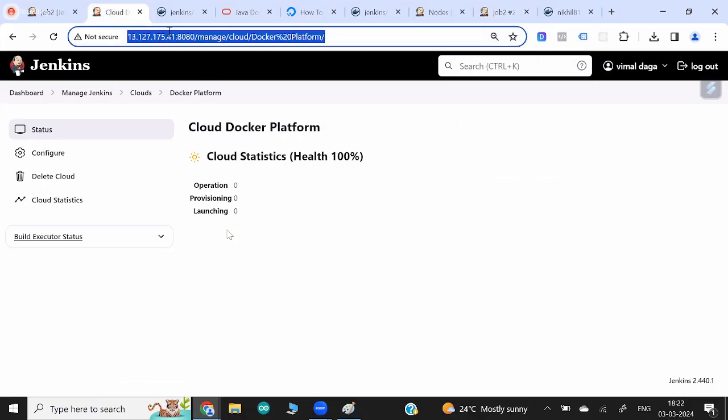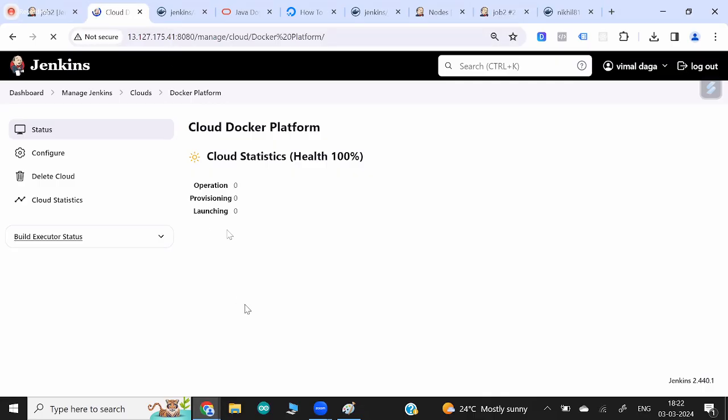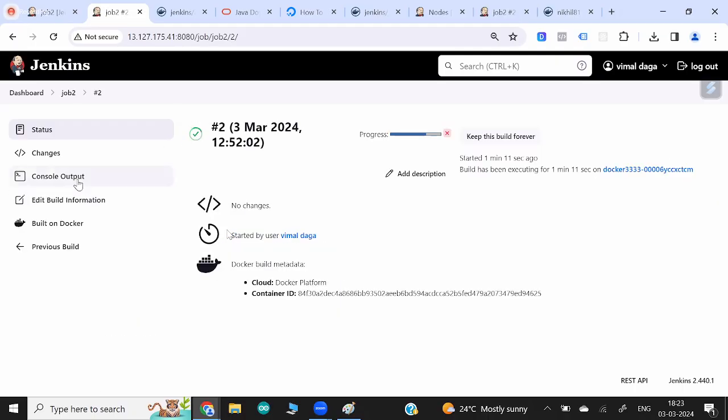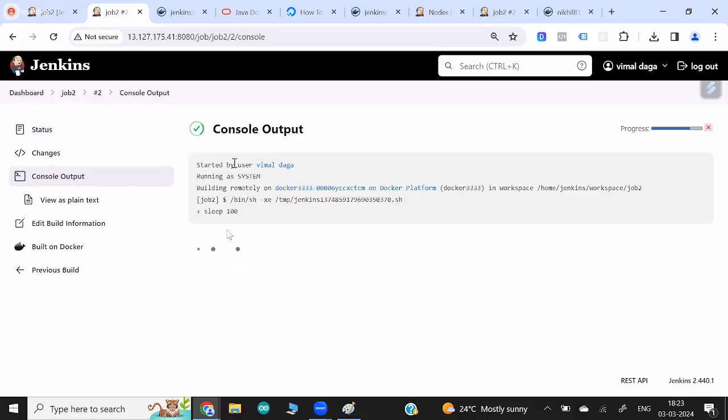And if you go to the cloud, they are doing one operation, right? Fantastic. Means the cloud assigned the job to one node. If you talk about this job, go back here and see the console output of this job. See here, the job has been running, sleep, waiting for 100 seconds, and the job is launched in